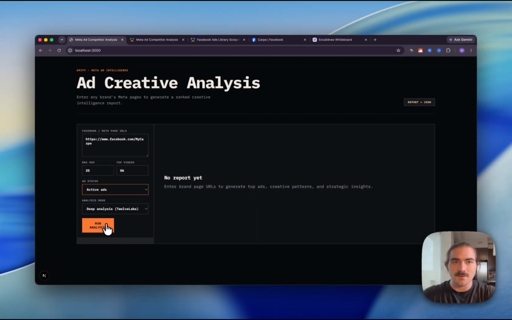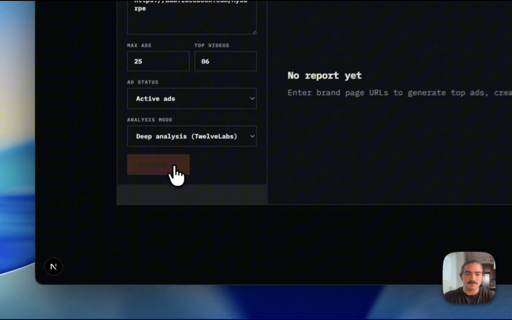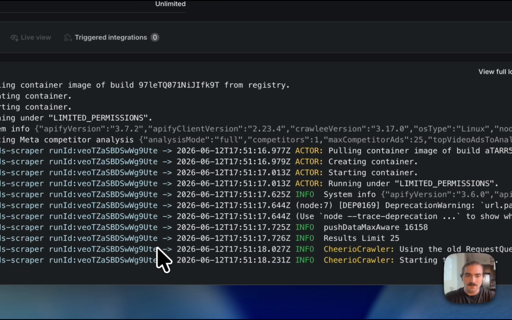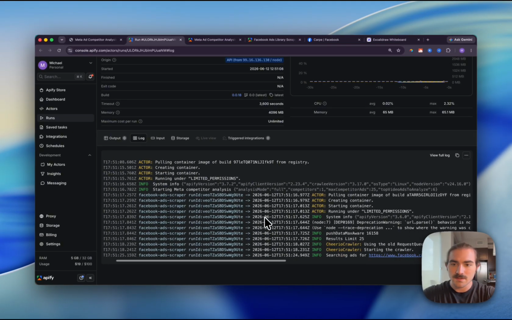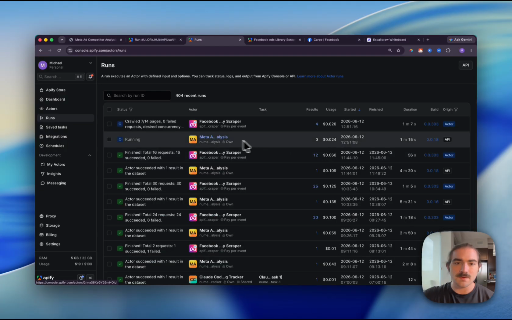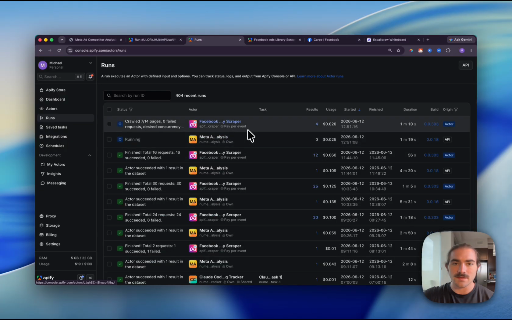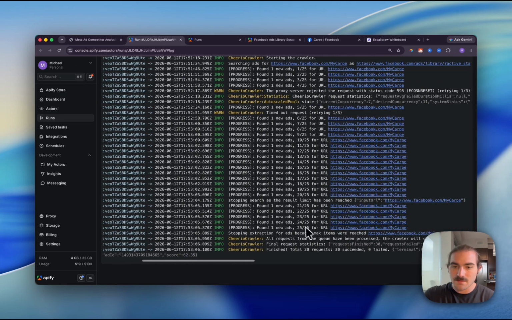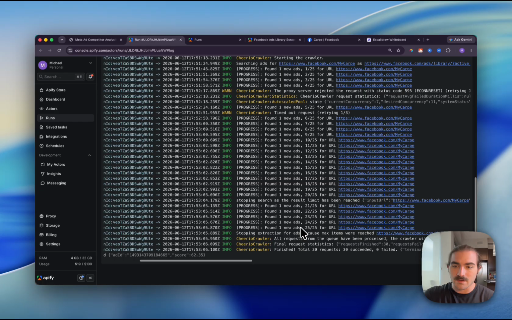So I'm going to run this, and then I'm going to switch intermittently between this and the Apify console to show you what our actor is doing under the hood. And once the output is done, we can look at what we have. So if I click this, you can see here, first thing we're doing is we are scraping the ads using the Facebook ad scraper. And you see here in our runs that we have our wrapper actor, and then it's calling the Facebook ads library scraper that is within it. Okay, so it's scraped the 25 ads from the Facebook ad library for Carpe,